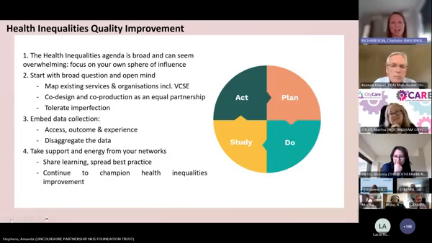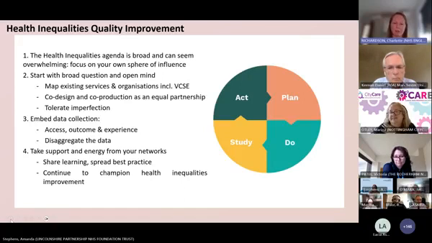Danny talked about some of those challenges with data, and we will have to tolerate imperfection in the data while we're trying to make things change, whilst also further improving the ethnicity coding and other challenges. I think we can all champion the data collection, the embedding of that access, outcome and experience data, and make the case to those who might be needing to resource it that we must disaggregate the data to see those inequalities and work out how to tackle them.